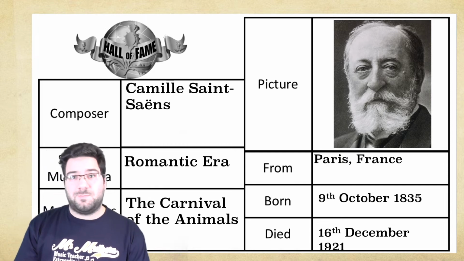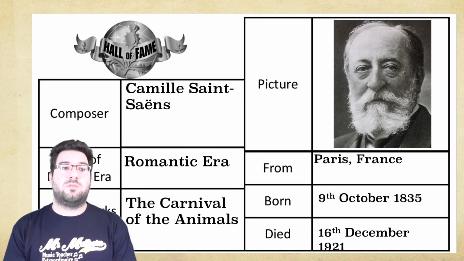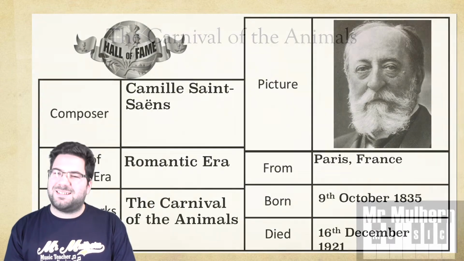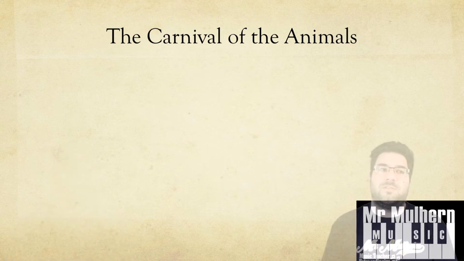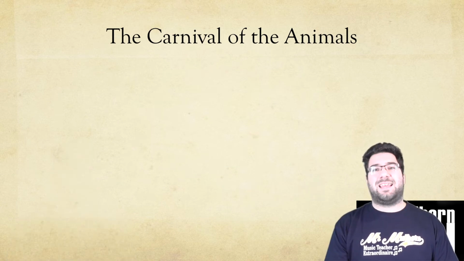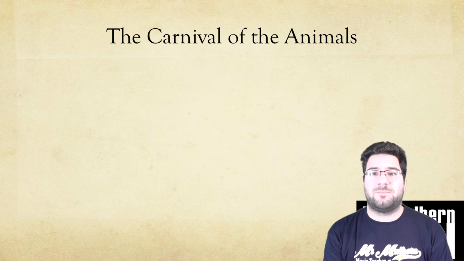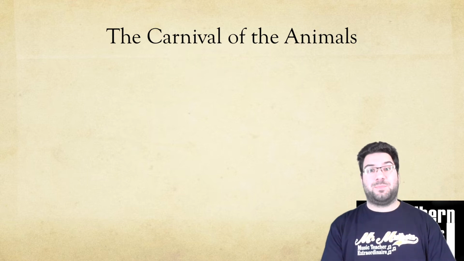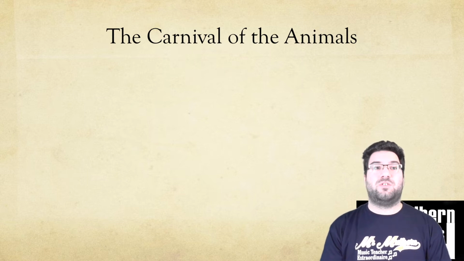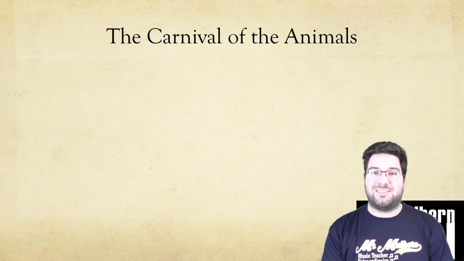He wrote a piece of music called The Carnival of the Animals. So let's have a look at that piece of music. The Carnival of the Animals is a large piece of music. It has 14 movements in total, and today we're going to listen to all 14 movements, to listen to all